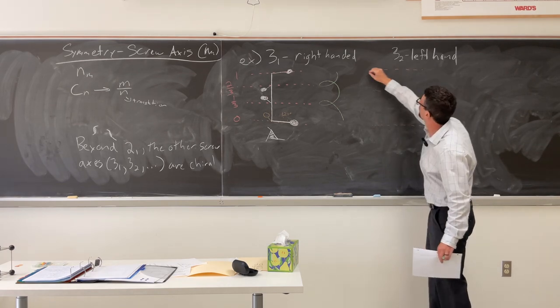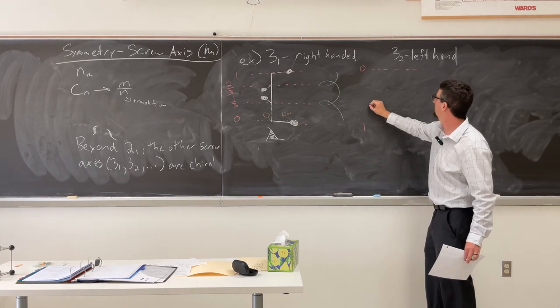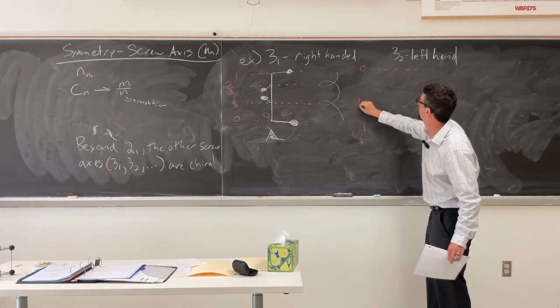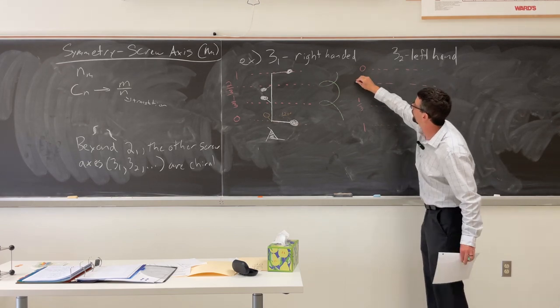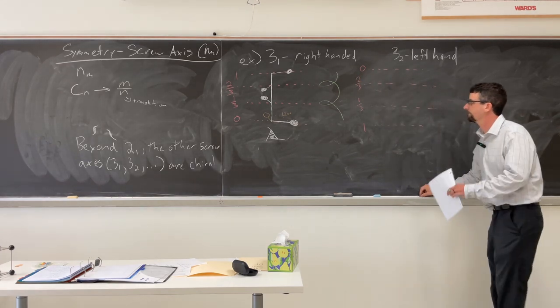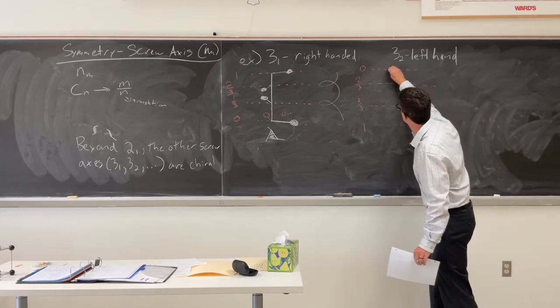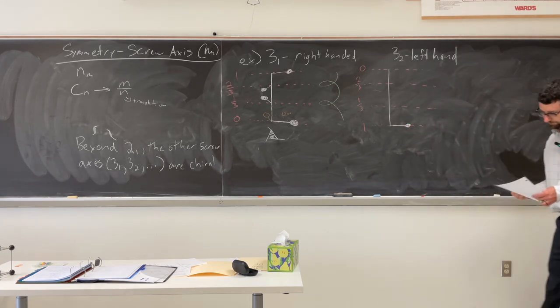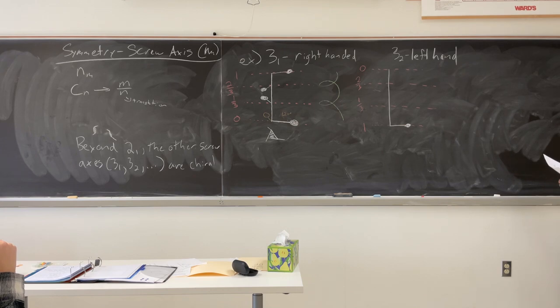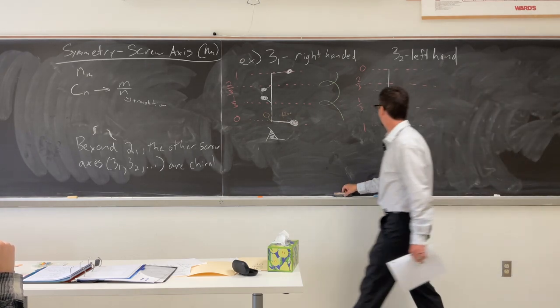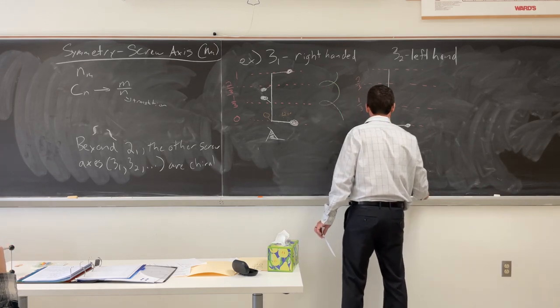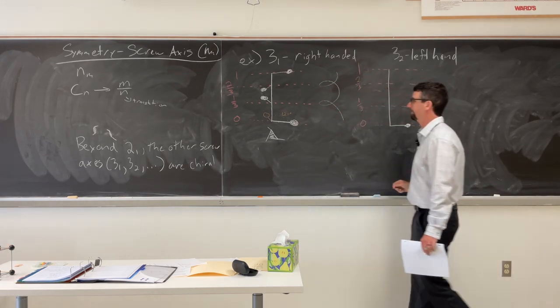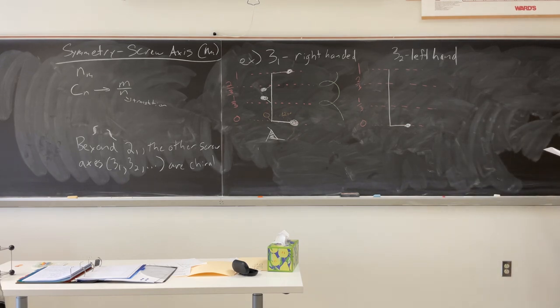So here's our 0 and our 1. We're also going to have 1/3. We're also going to have 2/3. Here is our screw axis. And here is our original starting position. Oops. There. 0, 1. Thank you. That would have been way worse. Okay. So now,